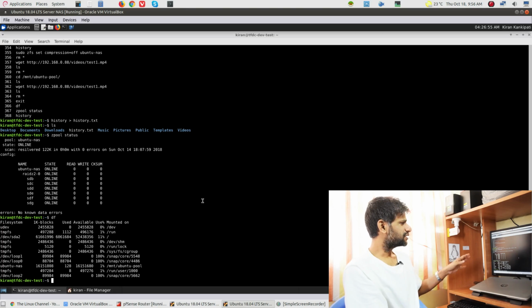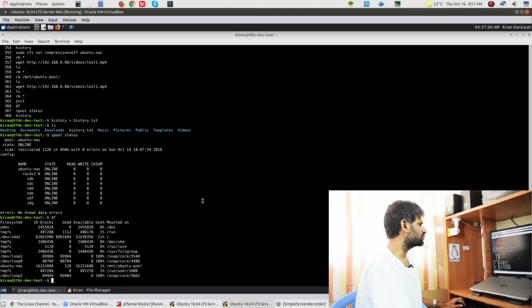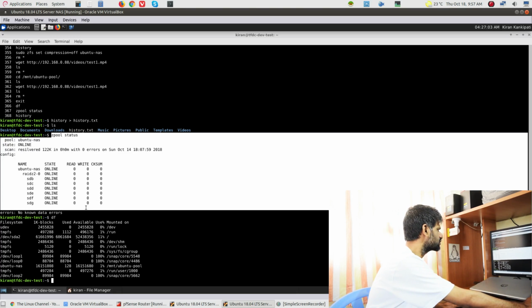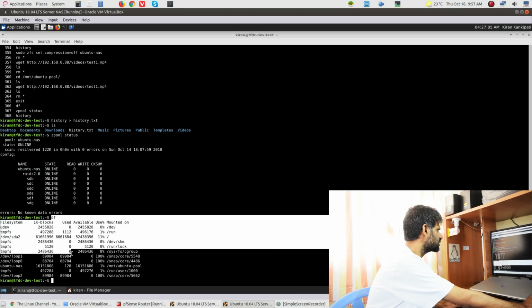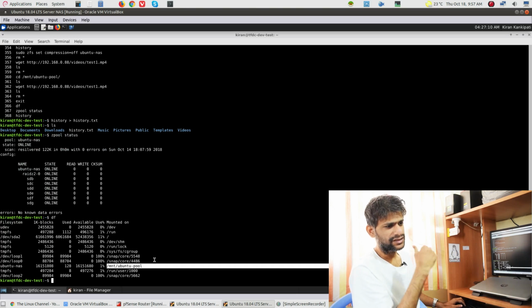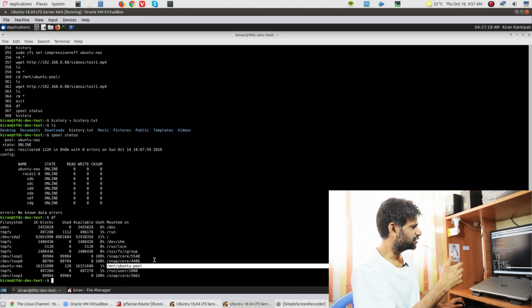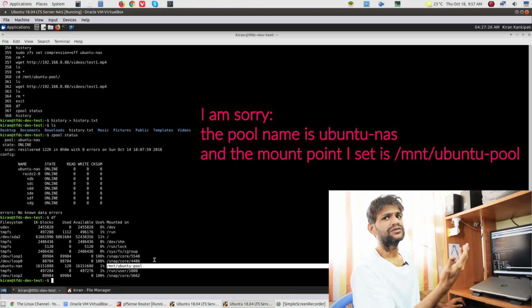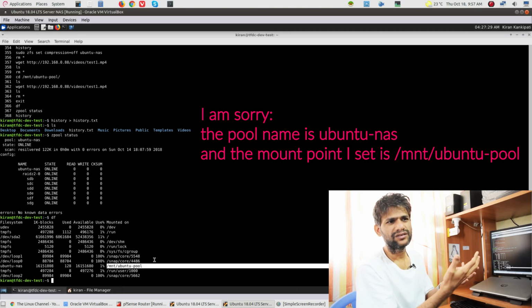Ubuntu server, which has this ZFS pool deployed. You can see I can do zpool status and other things through the command line. If you do df, I have mounted it manually in /Ubuntu-pool, because if you don't make these configuration changes, it defaults to mounting on a folder like /Ubuntu-pool. The name of my pool is Ubuntu-pool. Since we don't have any UI for this, you need to use command line instructions, which